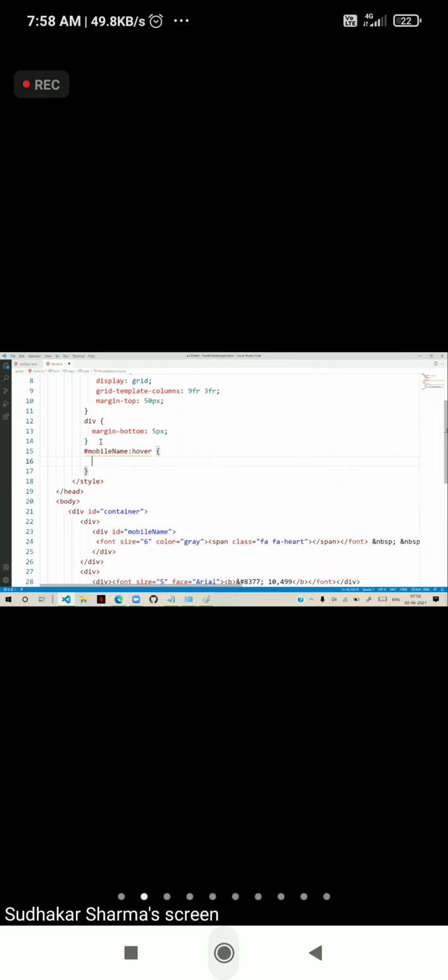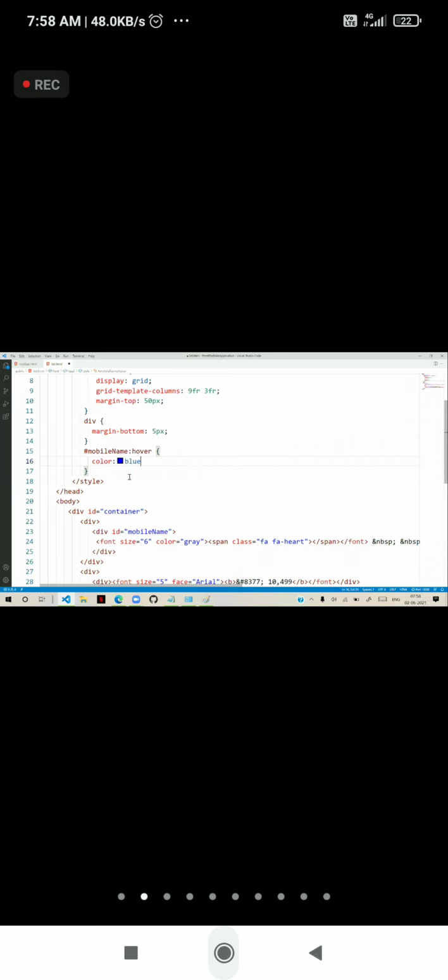For mobile name, we have an option called hover. Colon hover means when the mouse pointer is over it. Hover is a class, and a class is applied by using colon. So when the mouse pointer is over, its color will be blue.